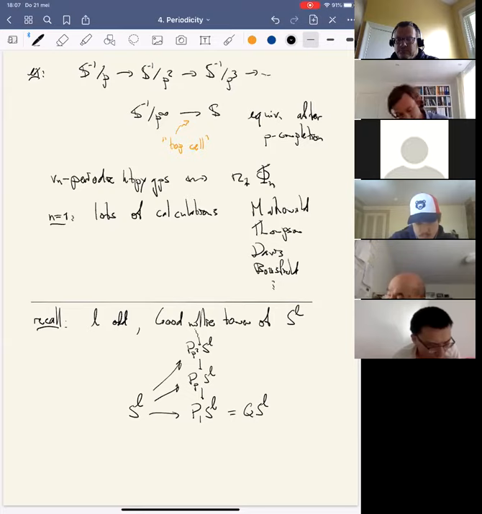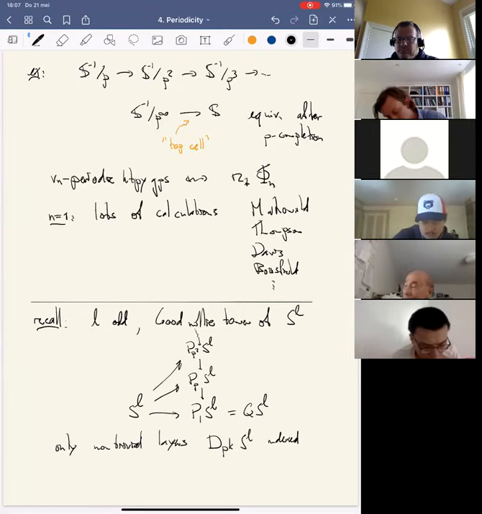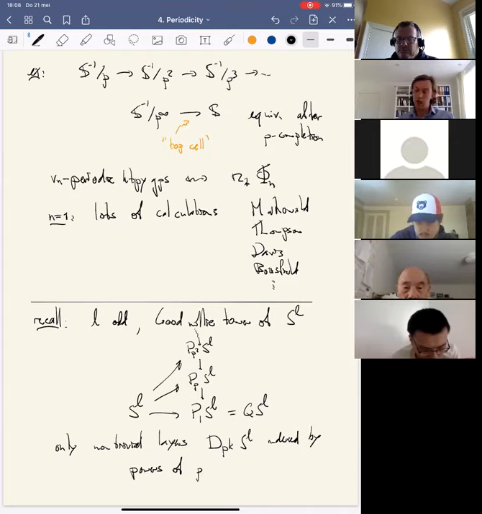Where, well, I've indexed it like this because the only non-trivial layers are these d_{p^k} SL, so indexed by powers of p. Okay. So what you can do is you can take this whole tower, this whole resolution of the sphere, and